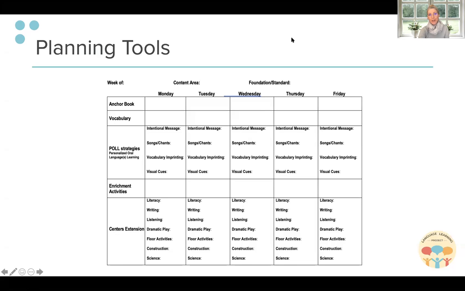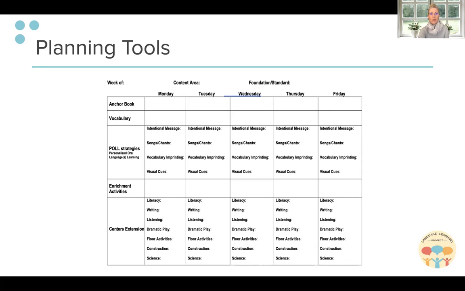While most of you have planning books or sheets that you keep, the POLL planning grid can accompany your lessons. So, this planning sheet is an example of how you might organize your POLL planning for the week. You'll see it's a grid style, again, modifiable, but one idea on how to ensure that each day you're preparing and thinking through your strategy work, given the big idea and concept that you're teaching and the anchor text or anchor experience that you're planning for and the vocabulary you've selected.